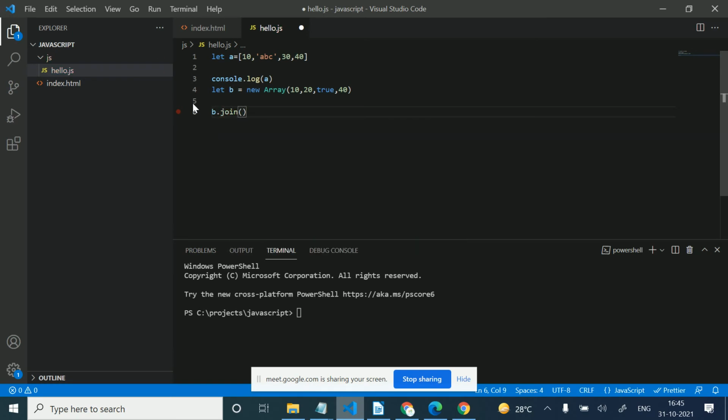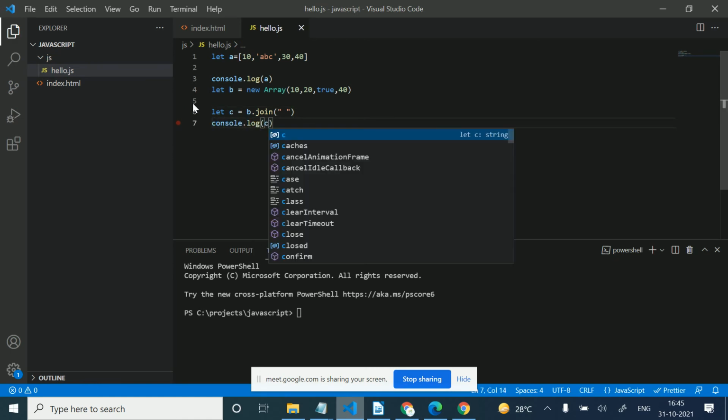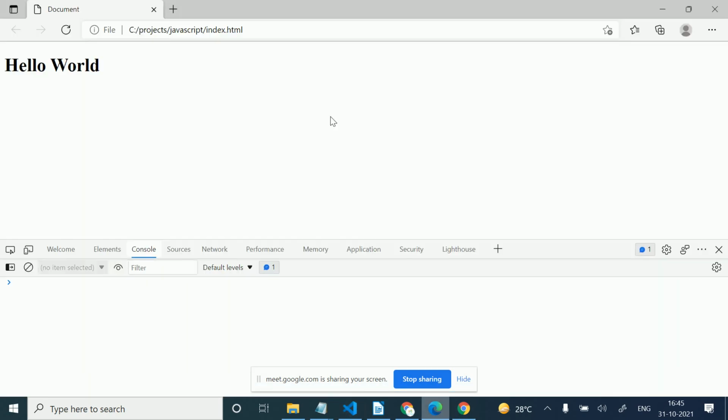I will join all the values of the array on the basis of some string. So space, I am adding a space. So here let's see. So now I will console.log c. So now our array value is converted into the string.